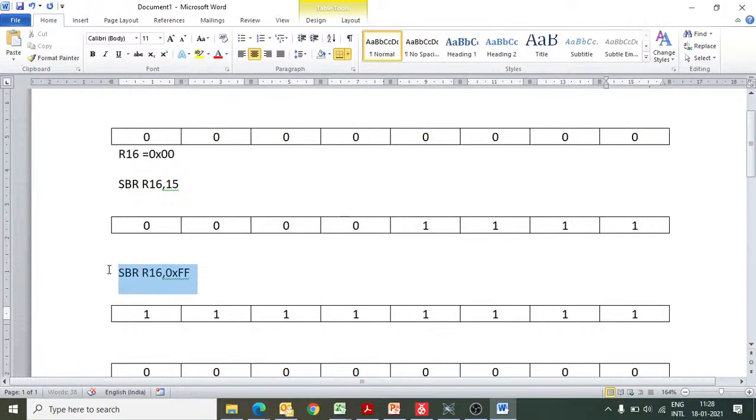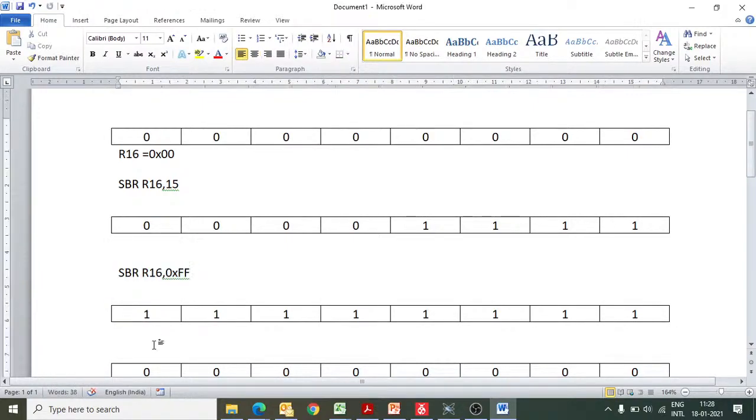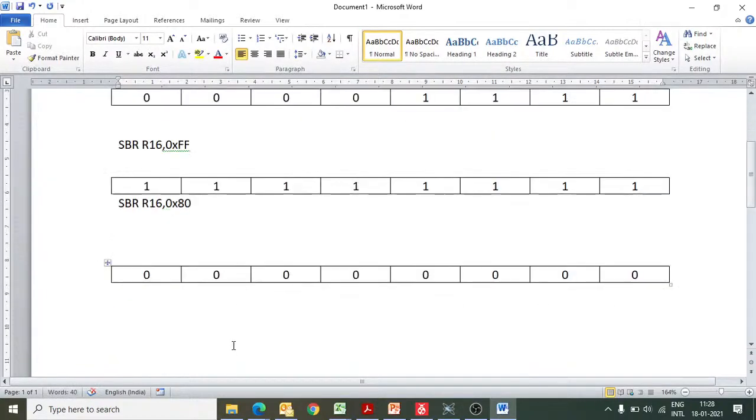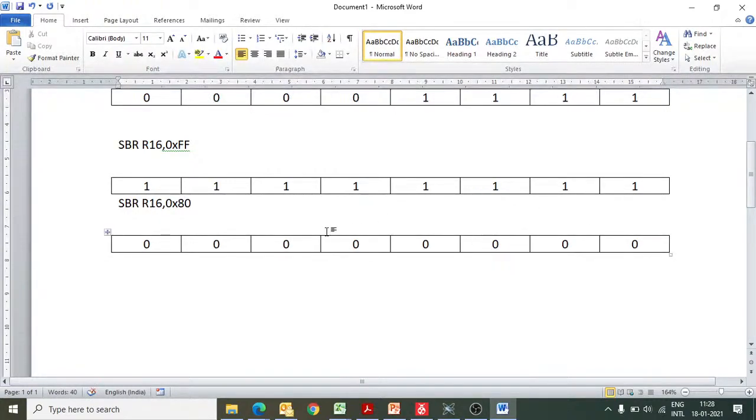If I write 0x80, then only the first bit will be affected. Only the first will be set.